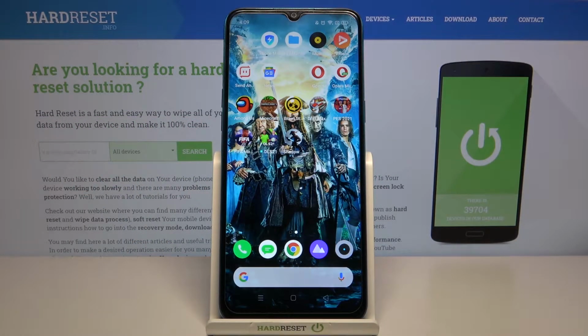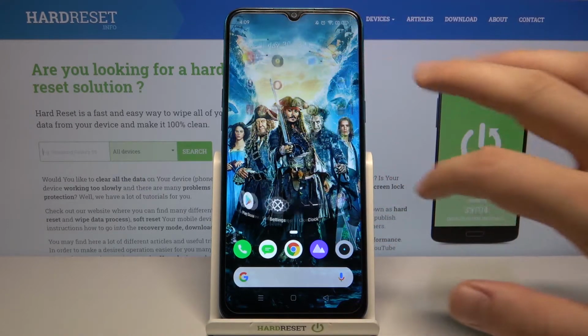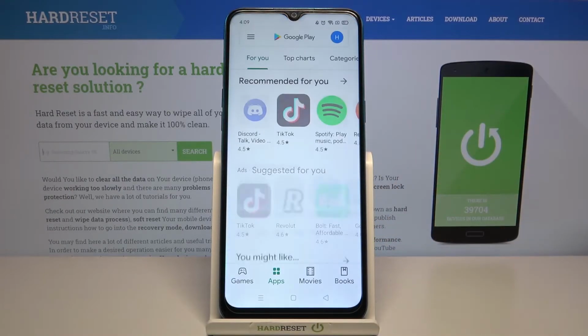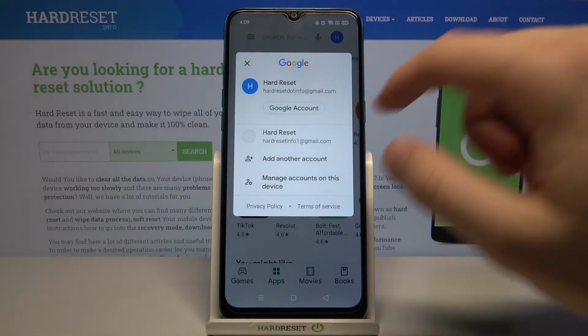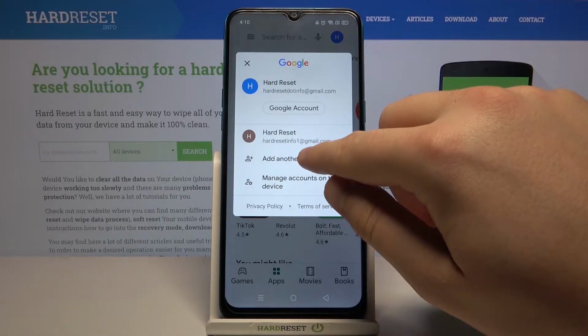Welcome, in front of me I have REALME C3i, and today I'll show you how easily you can add another account to Google Play Store. So at first you have to tap on the Play Store, then tap right here on the upper right corner, click to add another account,